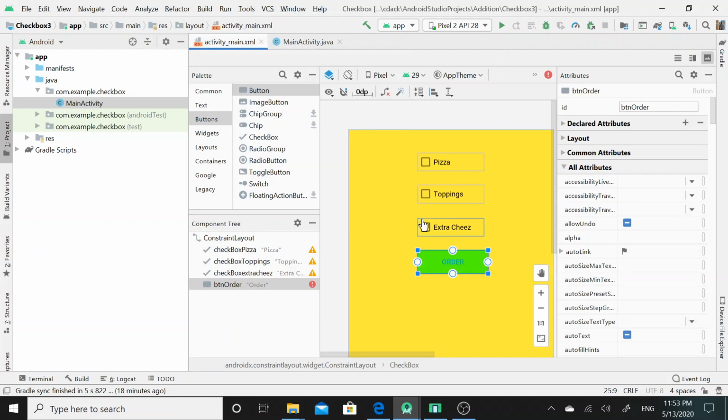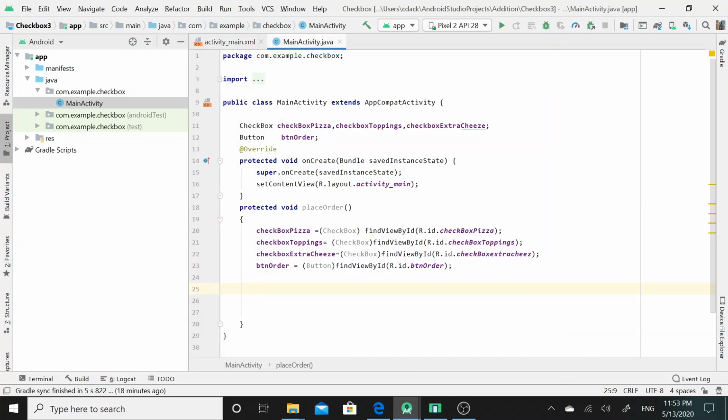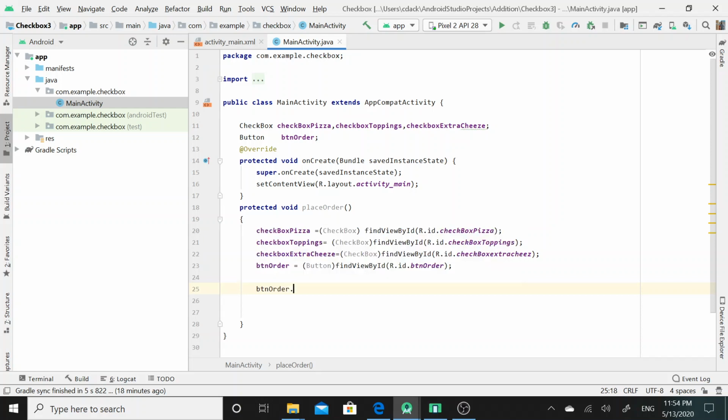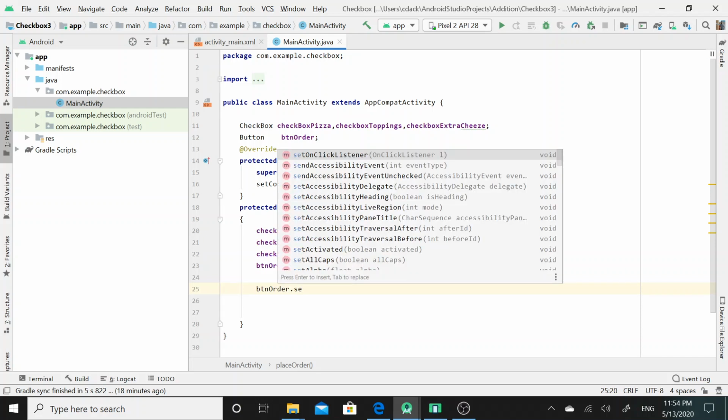Now to determine how many options have been selected by the user, I need to implement the on-click listener event of this Button class. So with the help of the btn order reference of the Button class, I shall call here btn order.setOnClickListener method.